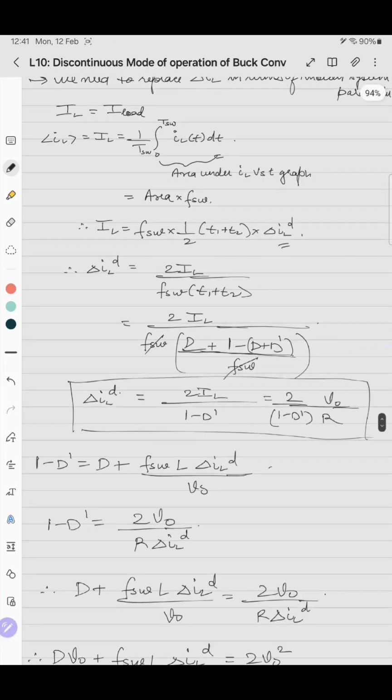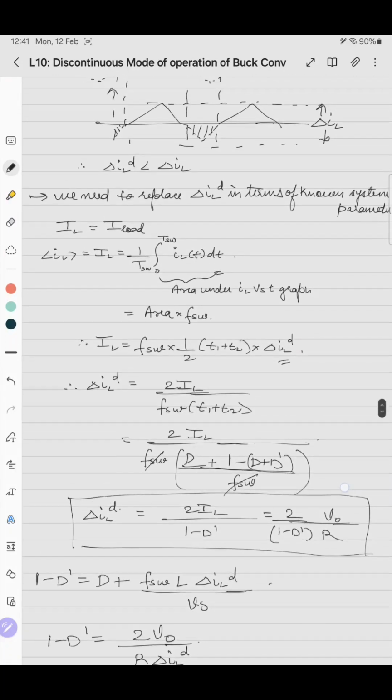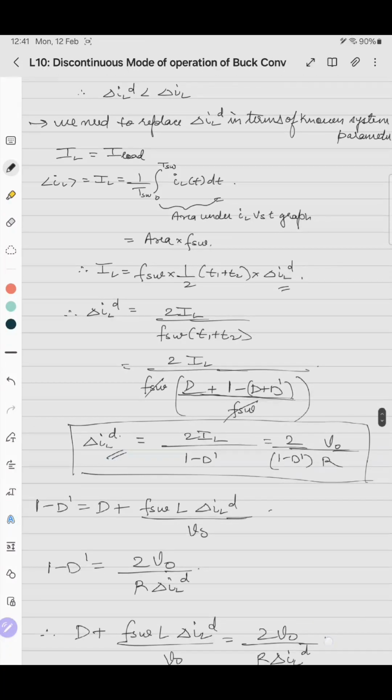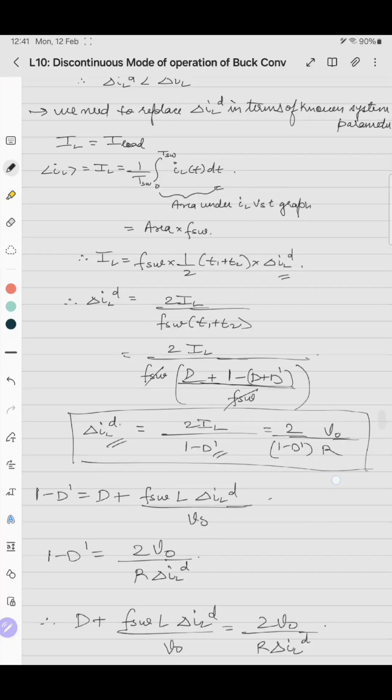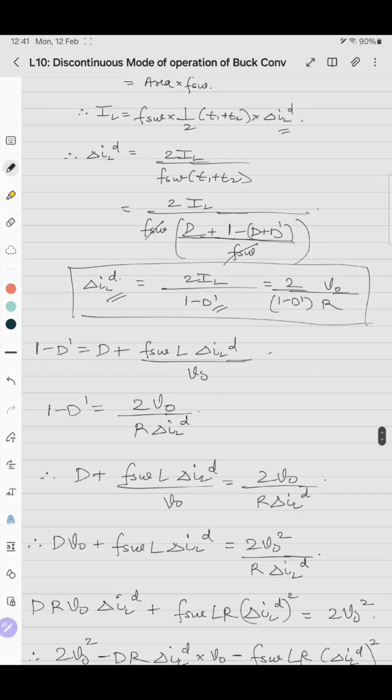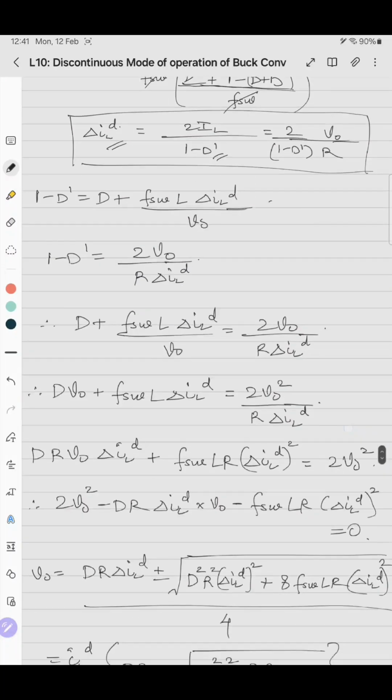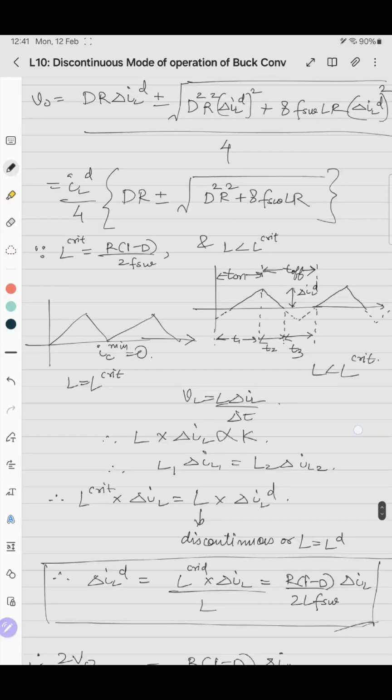We have derived the expression of delta IL of D in terms of D dash. But still we don't want D dash and we don't want delta IL of D. We want everything in terms of known parameters. So that's why, very quickly, what we'll do is,